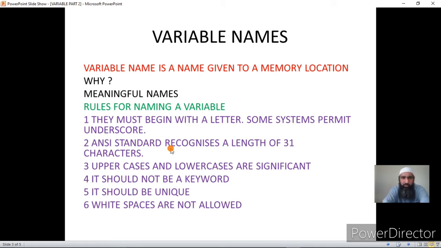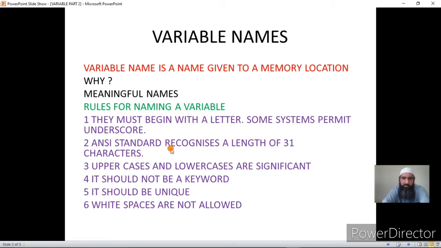Now, we should always give meaningful names to the variables. Now, what are the rules for naming a variable? The variable should always begin with a letter. Some systems permit underscore. I will read out these rules, then I will show you practically. ANSI standard recognizes a length of 31 characters. Uppercase and lowercase are significant.